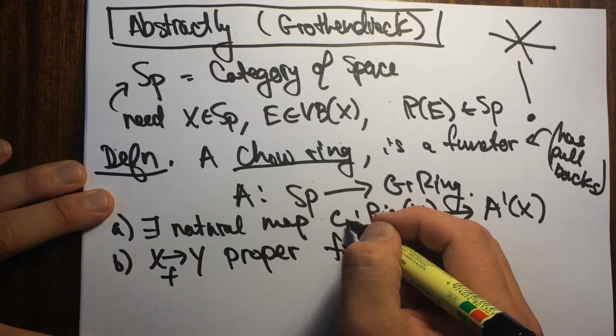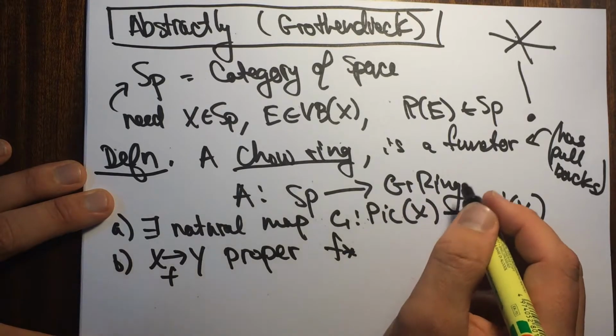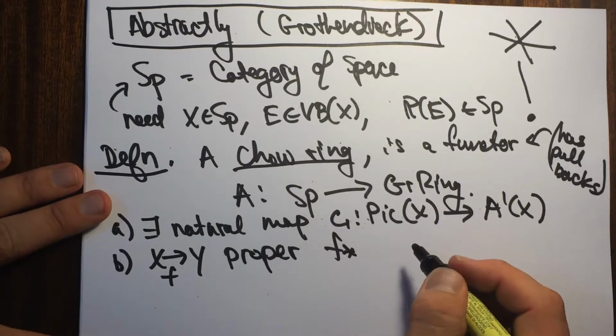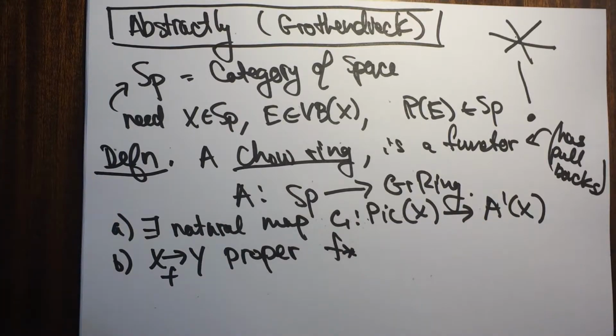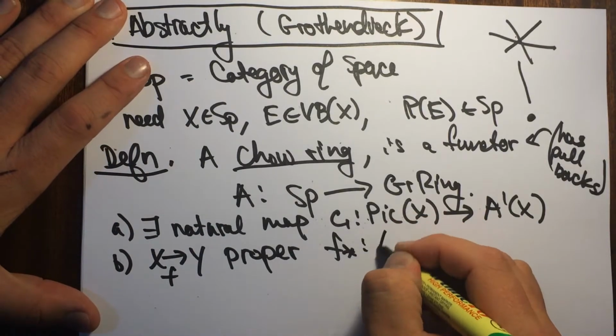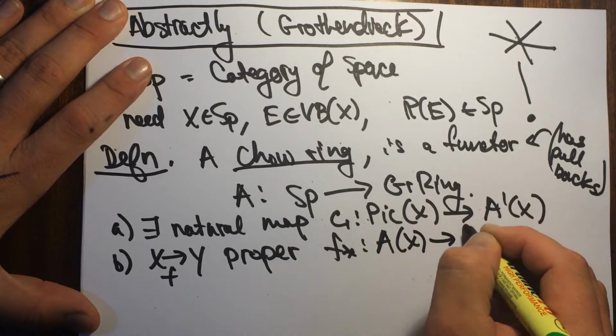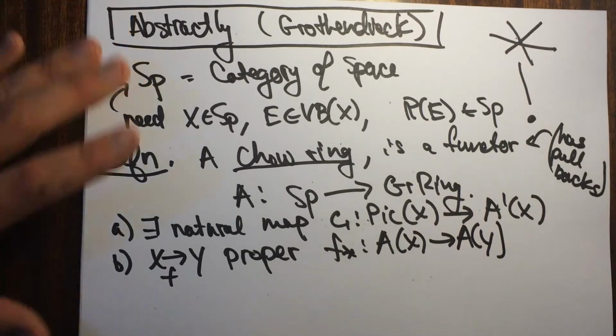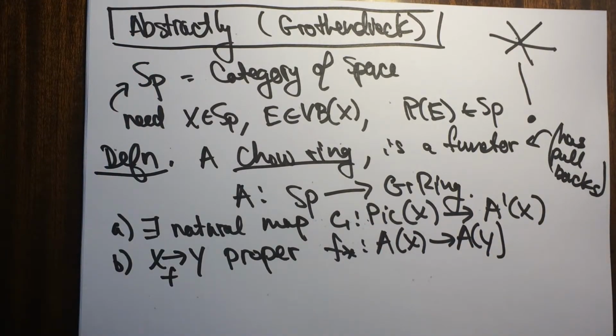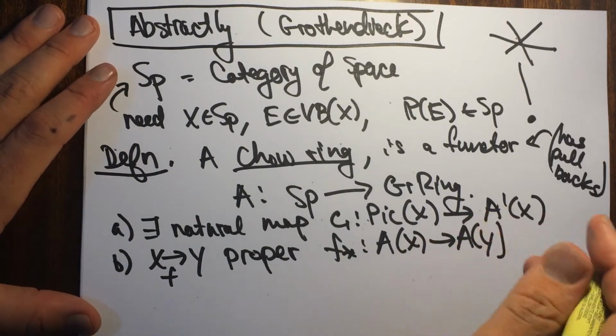So there's this thing from X to A of Y. Let me say again what's going on with the correspondence between the Picard group and